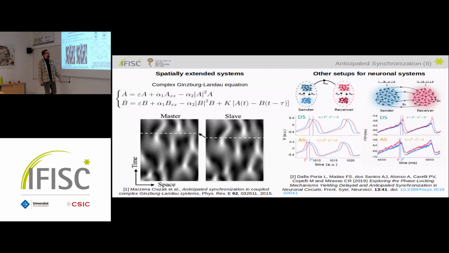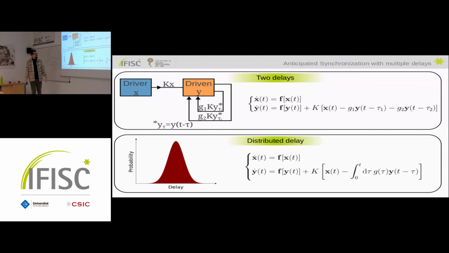And last but not least, for example, you can also, in principle, use this to model a delay that changes with time. It's not so obvious, it's not immediately from these results that you will do that, but it is a first step toward that direction. So we can, for instance, use a model with just two delays, as you can see here. So we just put two delay lines. But you can also do that with, in general, a generally distributed delay. So you have a distribution of the delays, and then the new coupling term will look something like this, where you have this distribution over here.